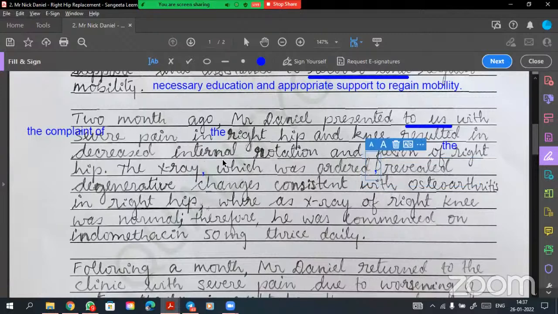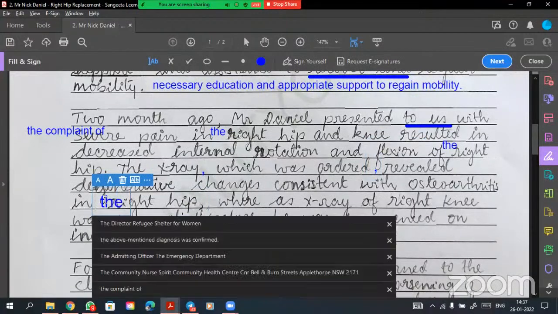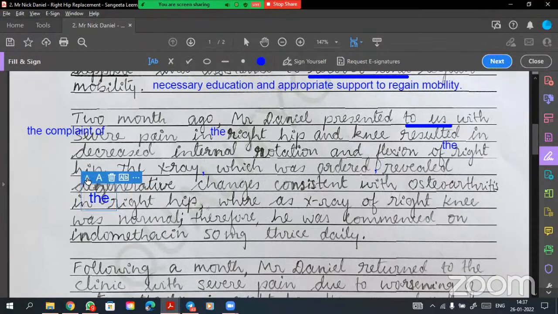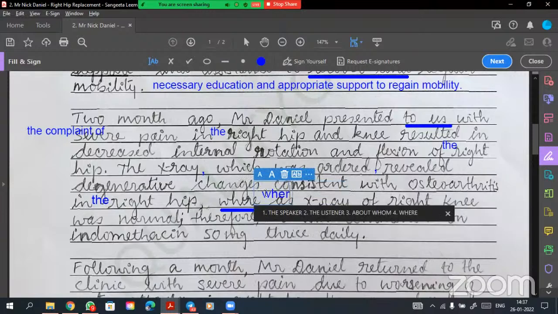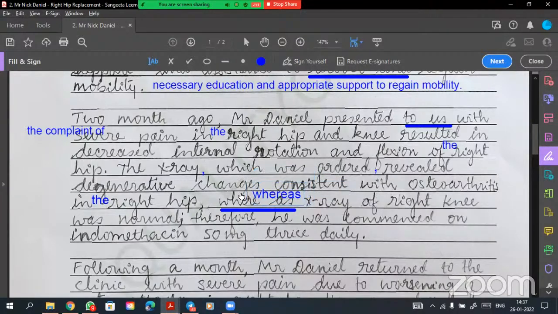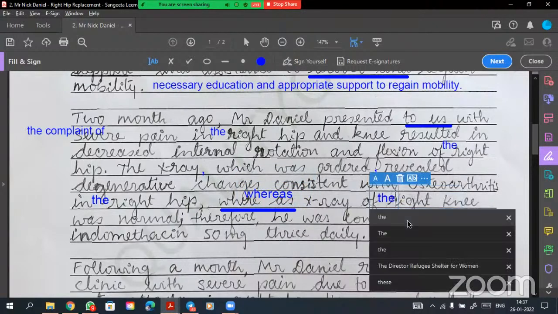If you take the central part, the X-ray was ordered, and here the X-ray revealed degenerative changes consistent with osteoarthritis in the right hip. The right hip, okay. Whereas is one word. Why did you write 2 words? Whereas is one word. Whereas, that is it. You have to write like that. Whereas, X-ray of the right knee